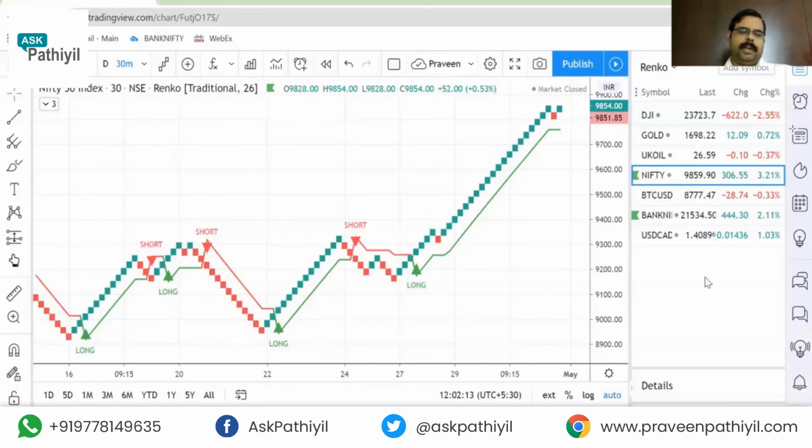Once you are entering into a particular trade, try to stick with that particular time frame as long as it is complete. And remember, whenever you are using a time frame less than that of a 2-hour chart, in my understanding, and I'm saying in my understanding, there is no definition written in any books or any legal form that whenever you are making a trade with less than a 2-hour chart,